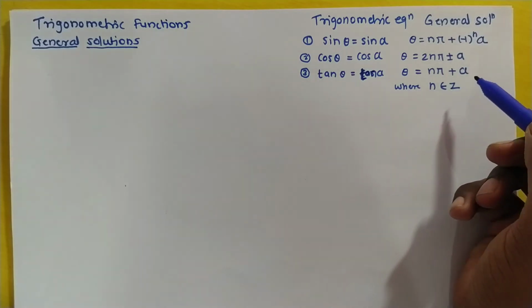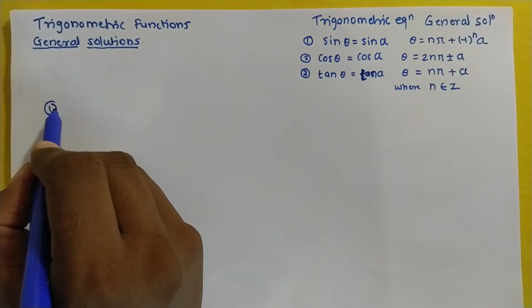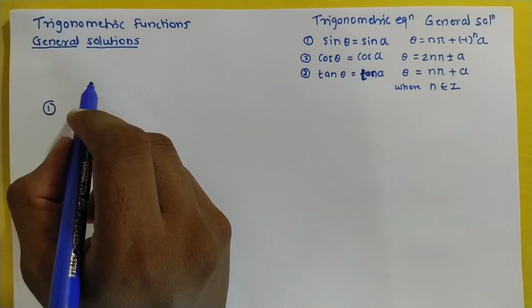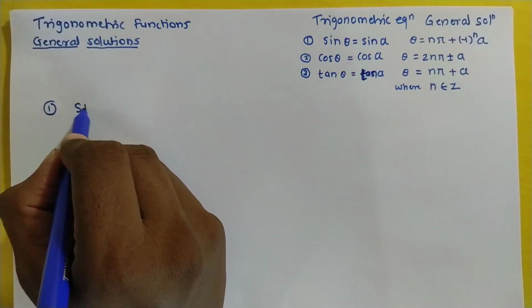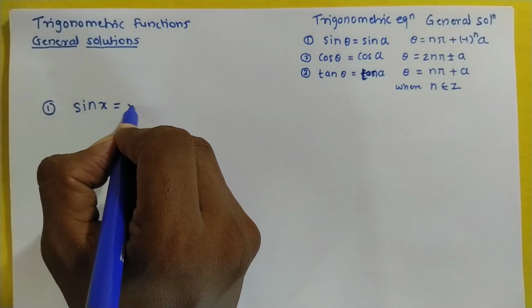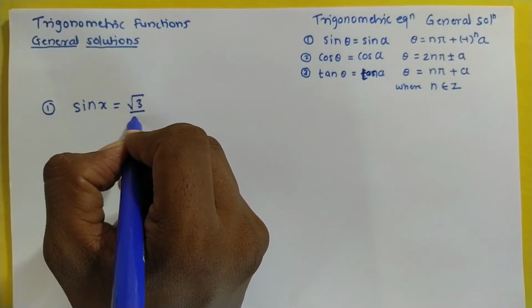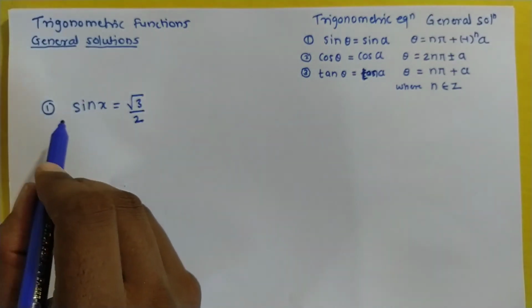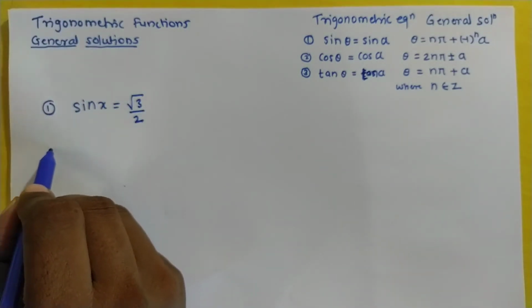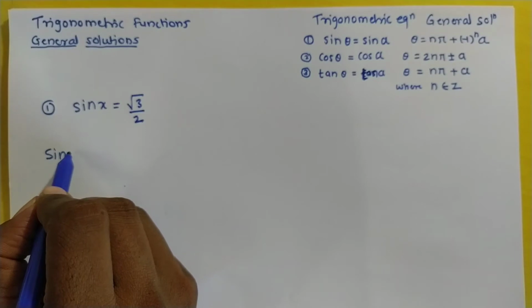So now we take an example. The first example is, find the general solution of the equation sine of x equal to root 3 by 2. So we know that the trigonometric equation sine of